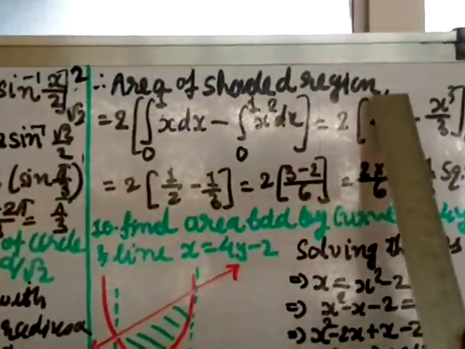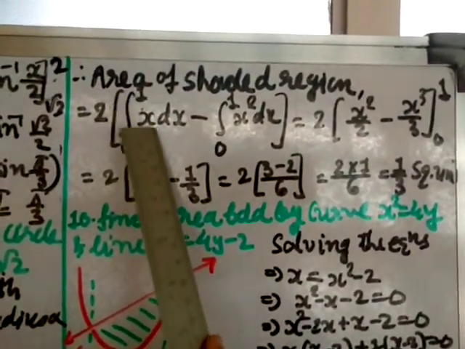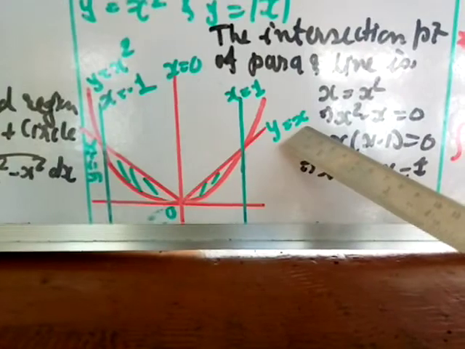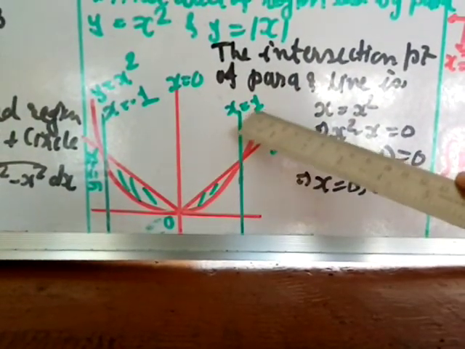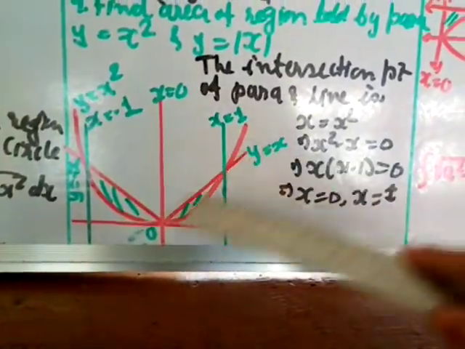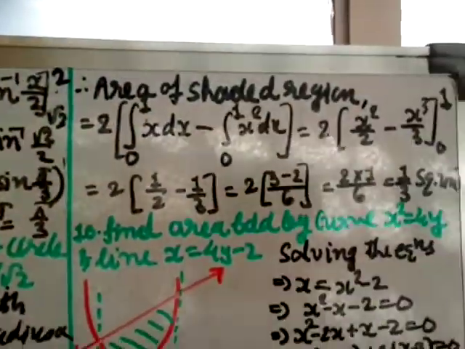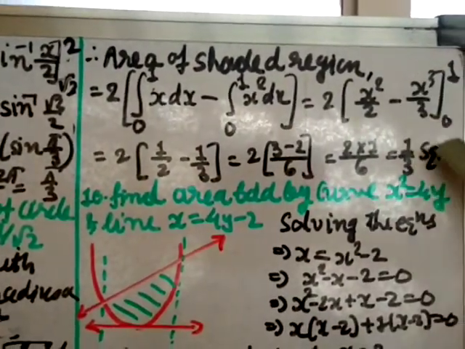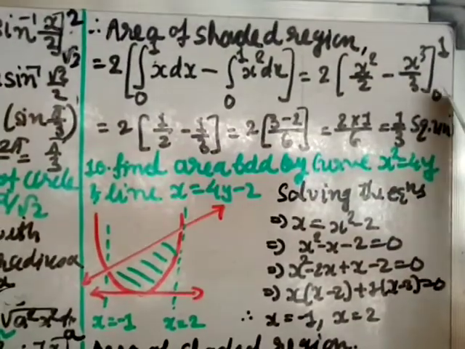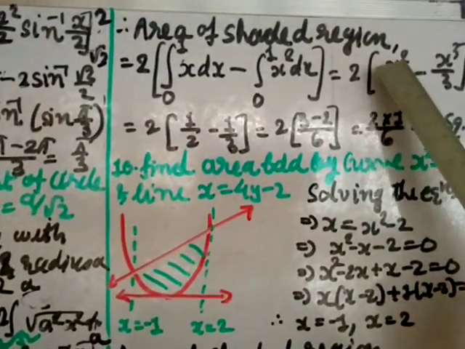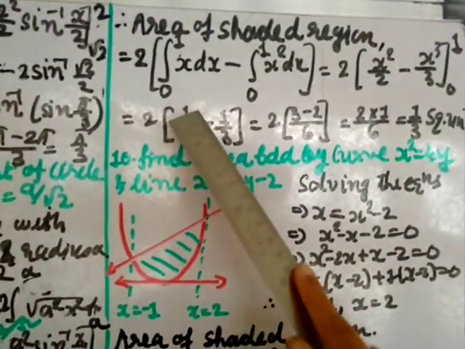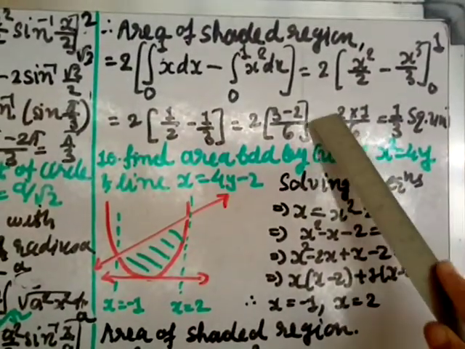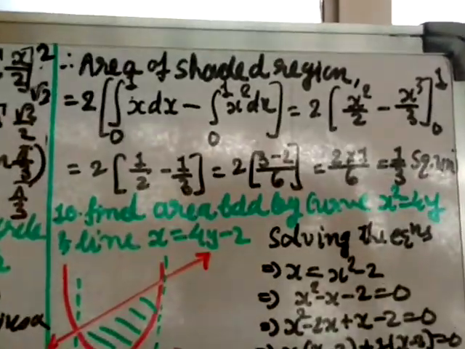Area of shaded region is 2 times integral 0 to 1 x dx minus integral 0 to 1 x square dx. This one first is the line, that is y equal to x, minus this curve, that curve is this one, y is equal to x square, so x square. And the limit is 0 to 1. Integral of x is x square by 2 and of x square is x cube by 3, from 0 to 1. So first upper limit minus the lower limit, but the lower limit gives 0, so I'll put only the upper limit. So when you put 1, here 1 by 2, 1 by 3. So 1 by 2 minus 1 by 3, take LCM, 3 minus 2 by 6, 3 minus 2 is 1, 1 by 6, 2 cut by 2, so 1 by 3 square units. So that is the answer for question number 9.